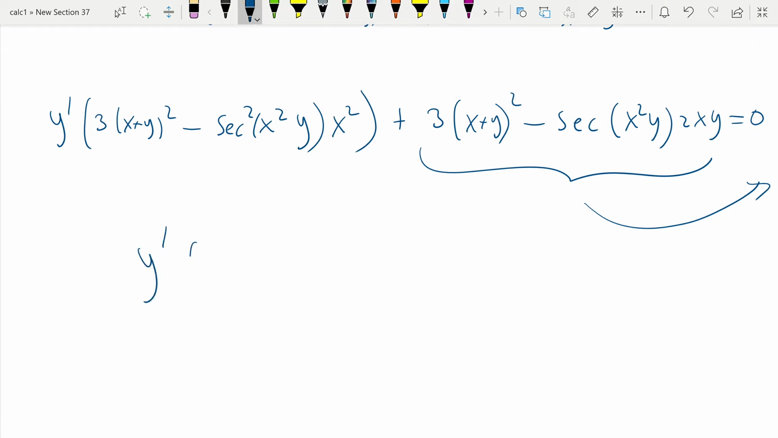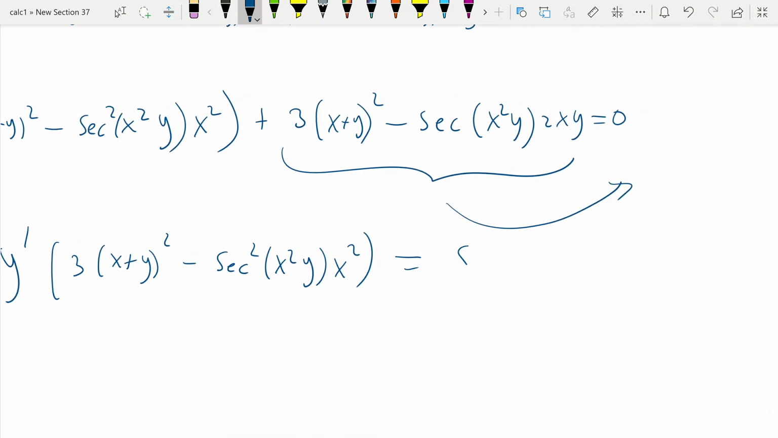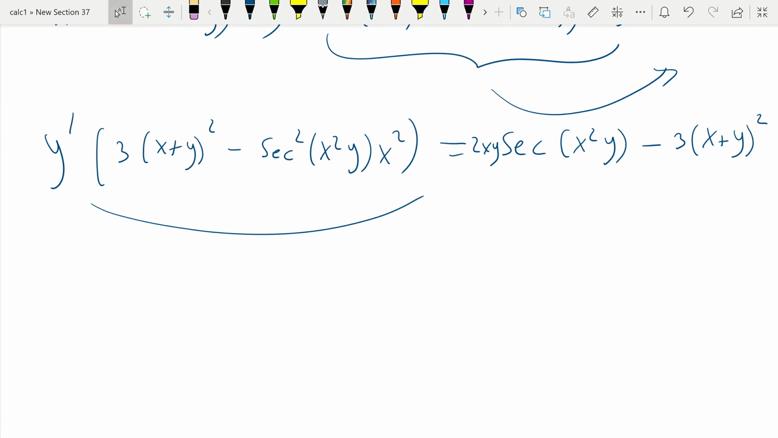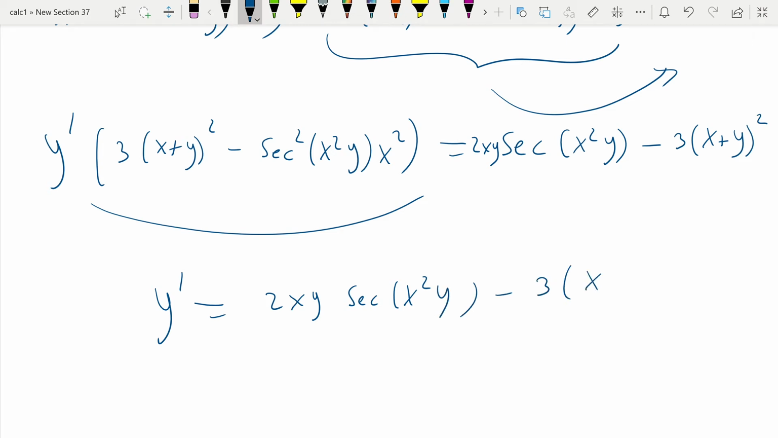So this becomes y prime times 3 times x plus y squared minus secant squared x squared y times x squared, and this is equal to secant x squared y times 2xy, minus 3x plus y squared. So we can now divide by this to obtain that y prime is equal to 2xy secant of x squared y minus 3x plus y squared, all of that divided by